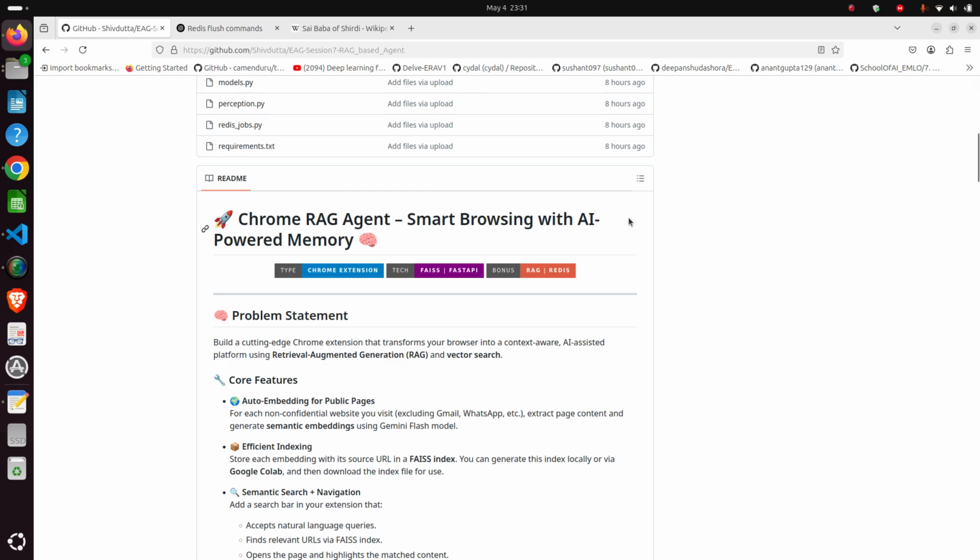So the problem statement is to build a cutting edge Chrome extension that transforms the browser into a context aware AI assisted platform using RAG and vector store. So this is basically the problem statement, and the core features are like